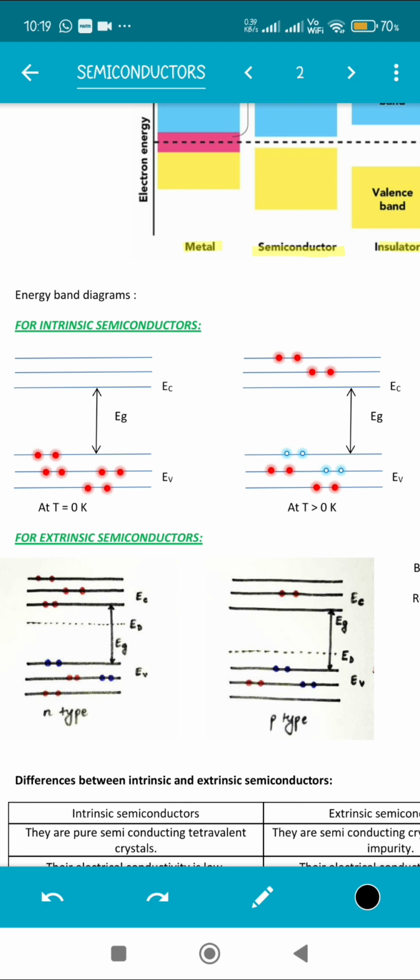This is a very important part of the chapter. So go through the diagrams properly. Even you will have the same diagrams in your book. So these diagrams are extremely important. Go through them properly and practice them, because lots of questions can be asked on the basis of this particular topic.